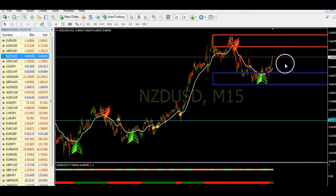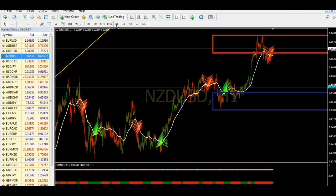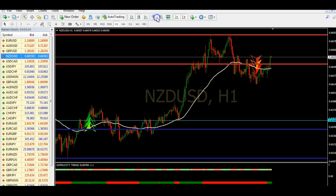Right now it's a little late to get into it. The best thing to do is to wait until it comes down, and then let's see how that hour looks. Okay, and one thing that is making us think that this can be at least a good pullback is that we got triple arrows on the hour. Okay, what that means is this, and I love these trades. What this means is this: for this week, it's doing a pullback for the hour, and that normally means that